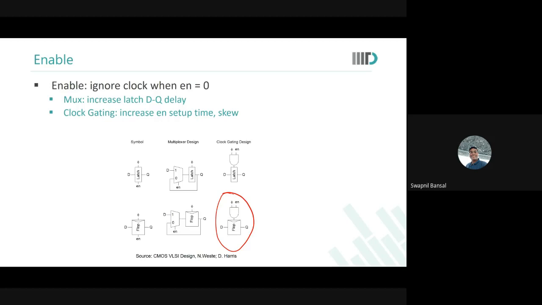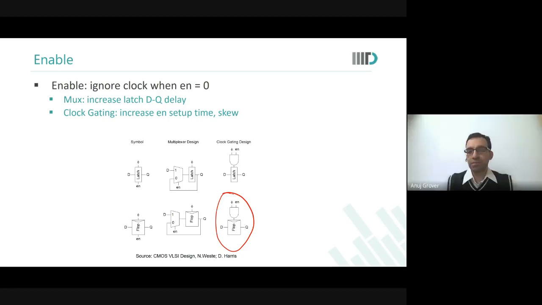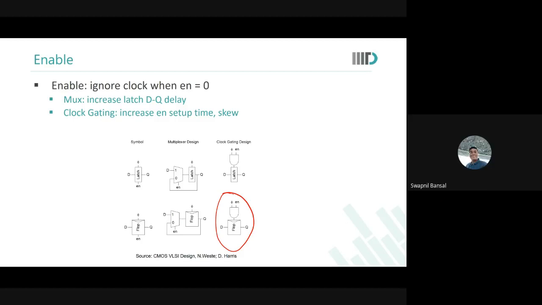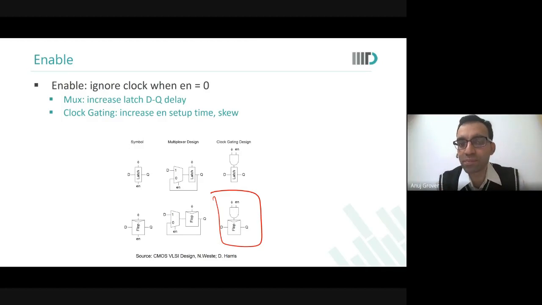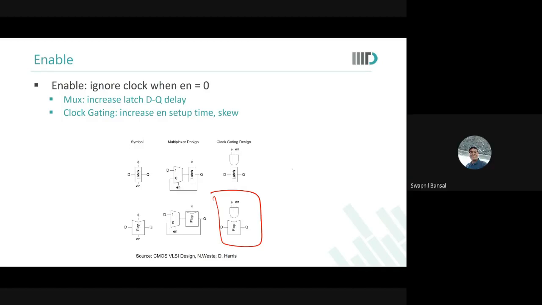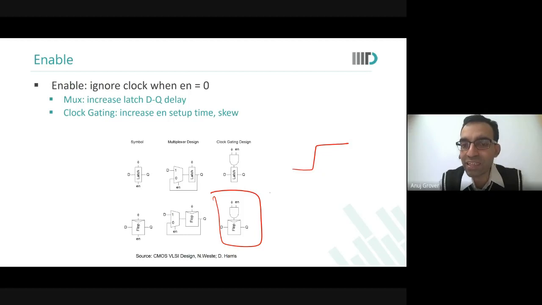So why does clock gating increase the setup time? Is it just because that AND gate has a delay there and the timing has to be constrained? Yes. So actually if you pay attention, the setup time of enable is more here also. This mux is not with zero delay, right? Mux would also have some delays in it. But in this implementation, it is clearly evident that clock is mixing with enable. So when the clock comes, enable has to definitely come before that.